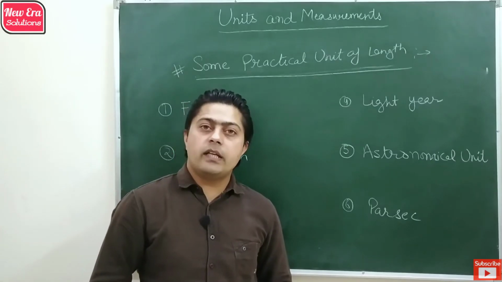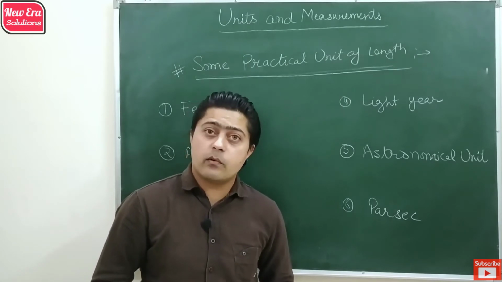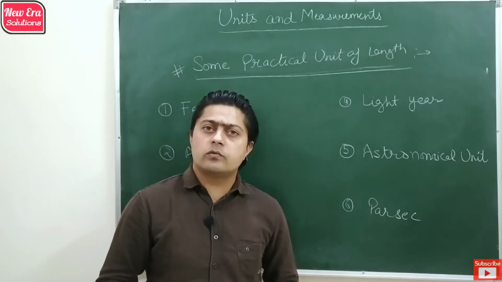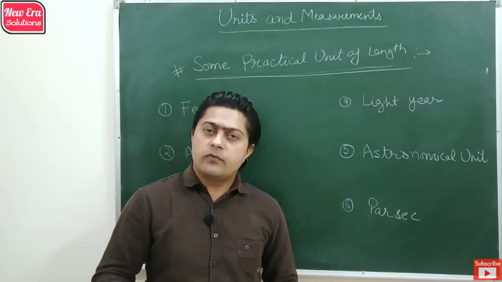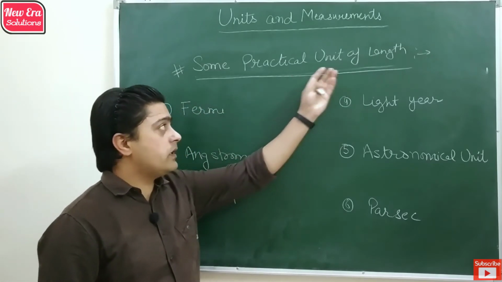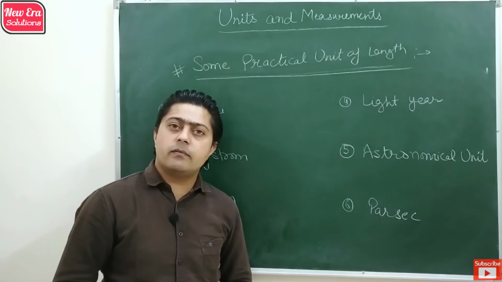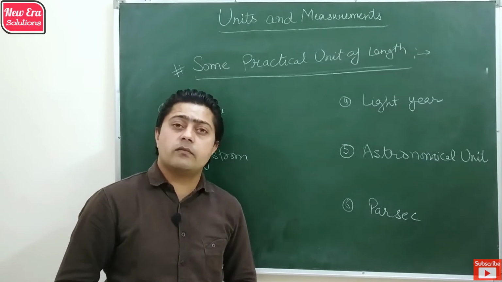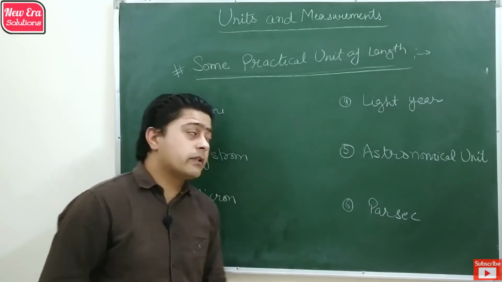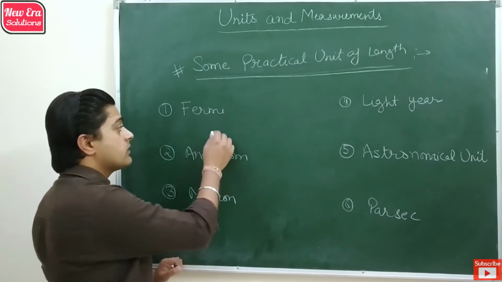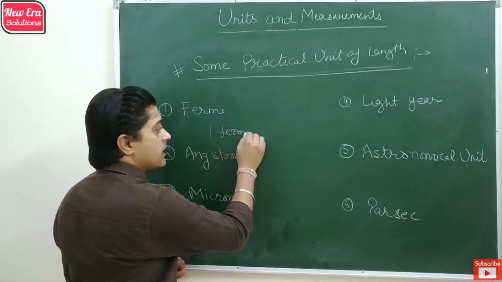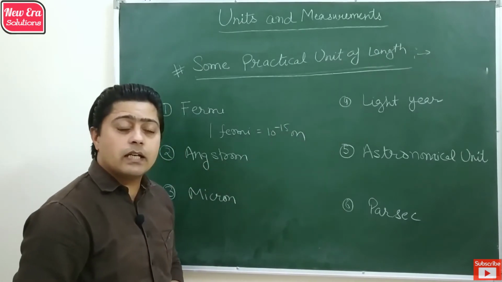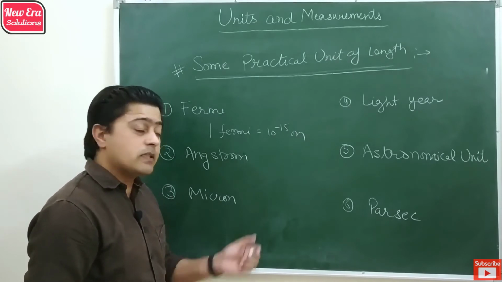So as we discussed various systems of units including the SI system of units, there are still some practical common units which we use to measure a physical quantity. First of all, we discuss some practical units of length which we use in different manners. Some units are used to measure very small lengths and some are used to measure very large distances. So the first unit is Fermi. 1 Fermi is 10 raised to power minus 15 meter. It is the size of a nucleus, so the size of a nucleus is measured with Fermi.